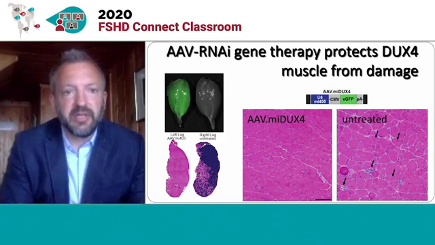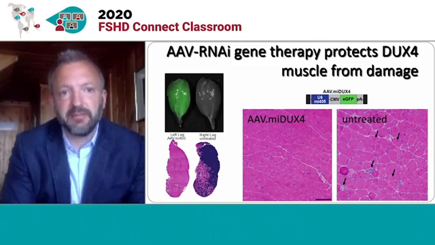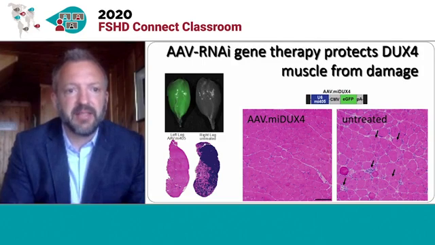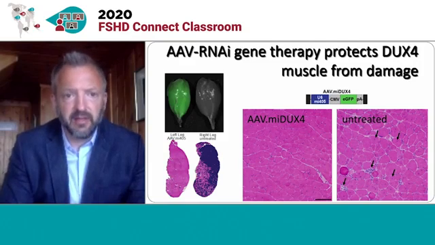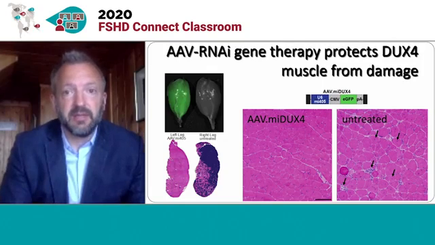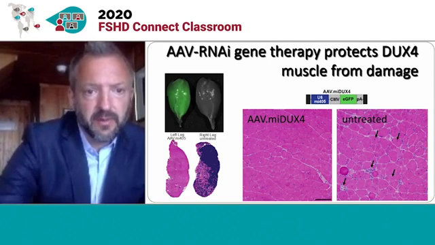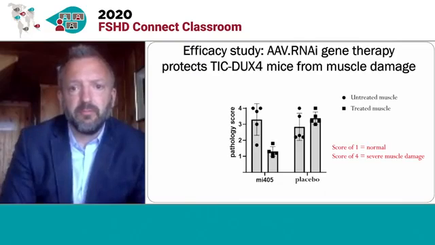And I think what you can appreciate is the mouse on the left, which expresses our microRNA plus this green fluorescent protein gene from jellyfish, so we can track where the virus is going, has very little of that blue damage. So we're able to protect this mouse model from DUX4-induced damage by injecting these muscles with our AAV vector expressing this microRNA. And when we quantify this, we have a pathology score,